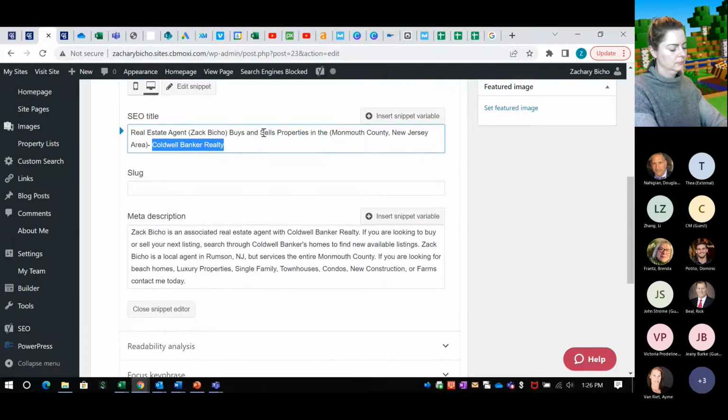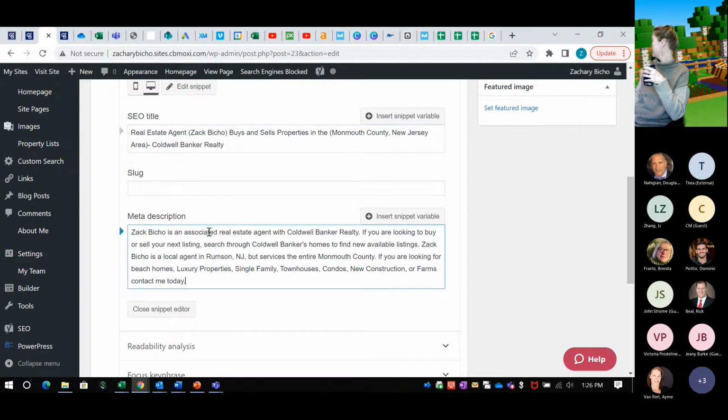We're just going to expand upon this title into my meta description. What I mean by that is that basically this just describes what my homepage is. It's talking about I'm a real estate agent, and that's basically all it's saying, and I serve this area. I then want to expand upon that in my meta description, which is just basically me expanding upon this, but saying the same thing over, utilizing different keywords. What I mean by that, Zach B. Show is an associate real estate agent with Coldwell Banker Realty. If you are looking to